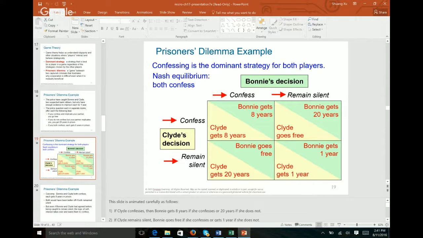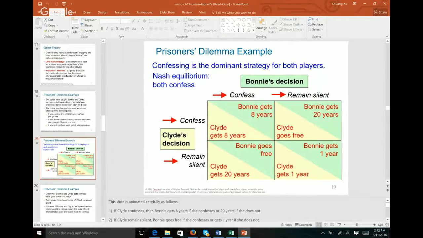And then Clyde also chooses to confess. So both people confess. Then you add up over here, which looks like the worst outcome of all. But it's called a Nash equilibrium, because each person only cares about what's good for themselves. You act on what's the best strategy, given all the information, and then you're going to end up at your Nash equilibrium. Now, however, if this game is repeated many times, then each person knows the game's rules, and